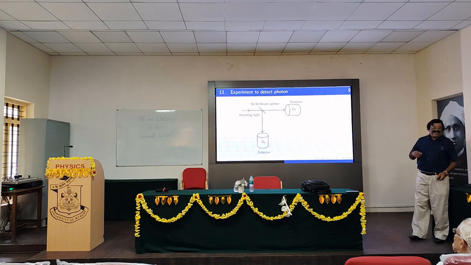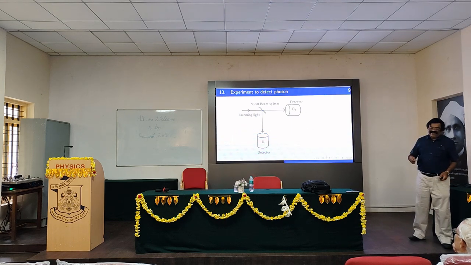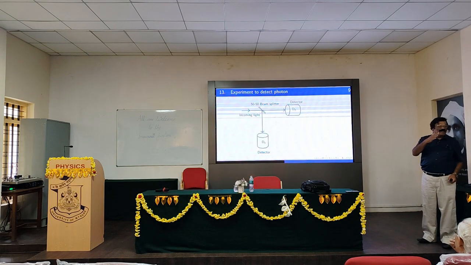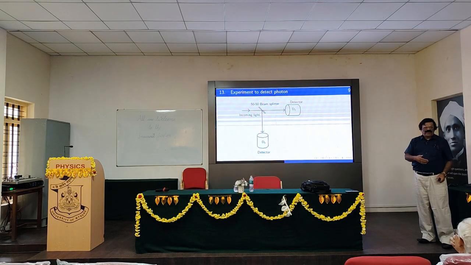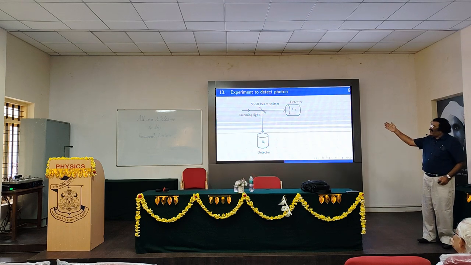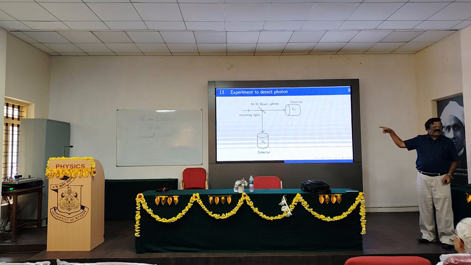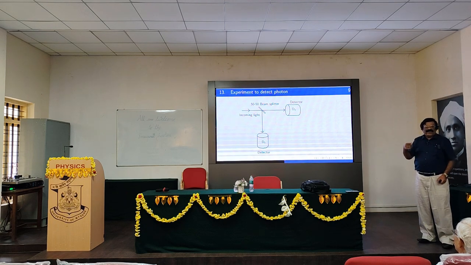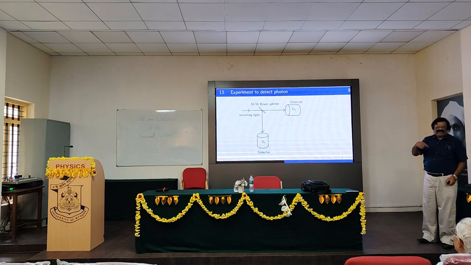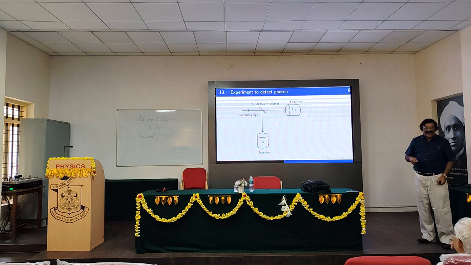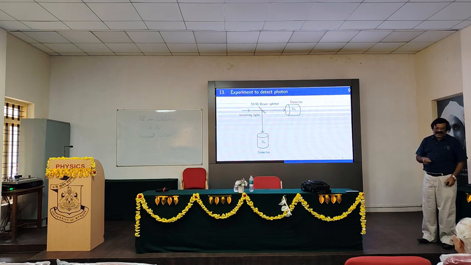So what is an experiment that can decide this? A simple experiment is this. You know that there is a beam splitter in the Michelson interferometer, you use it. If you send light through the beam splitter, it is a 50-50 beam splitter. I am struggling to write matrices for polarizers, retarder wave plates and others. I am still struggling to write what is the matrix for a beam splitter.